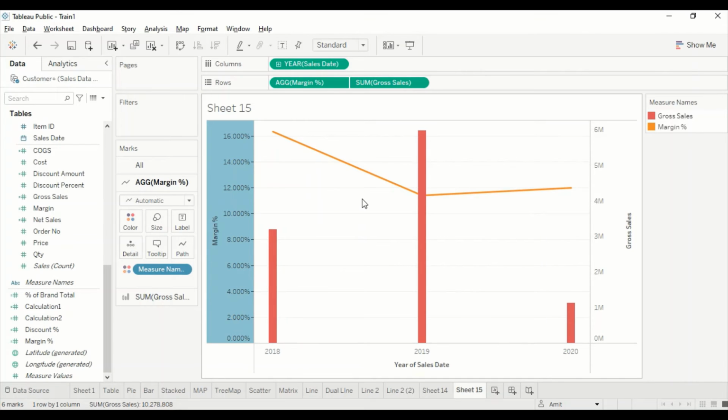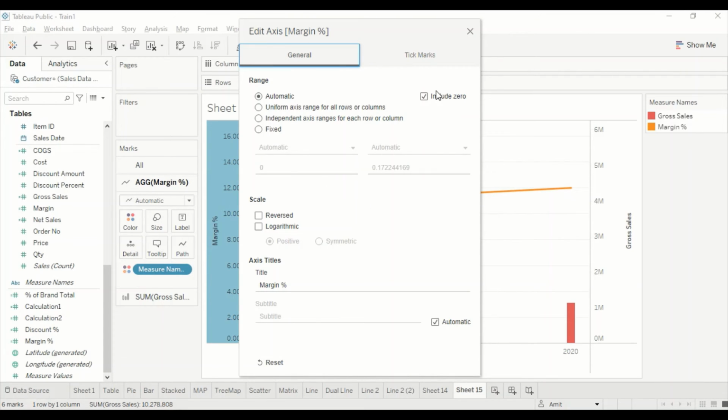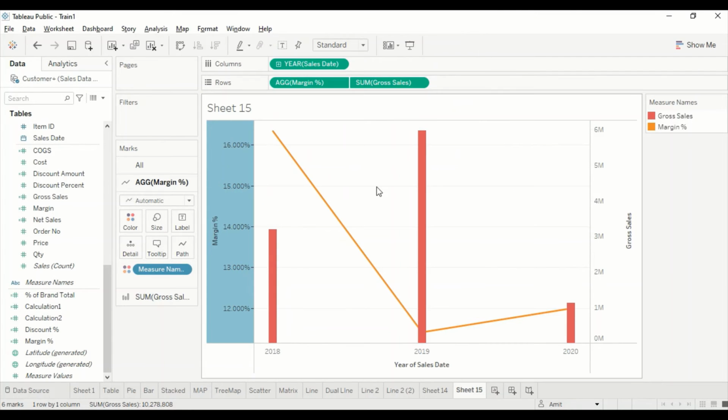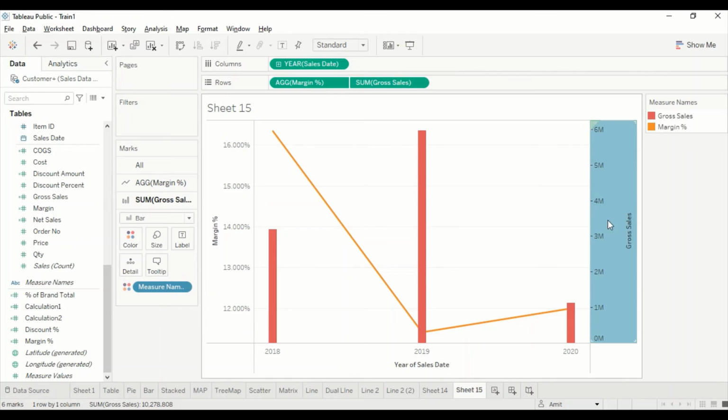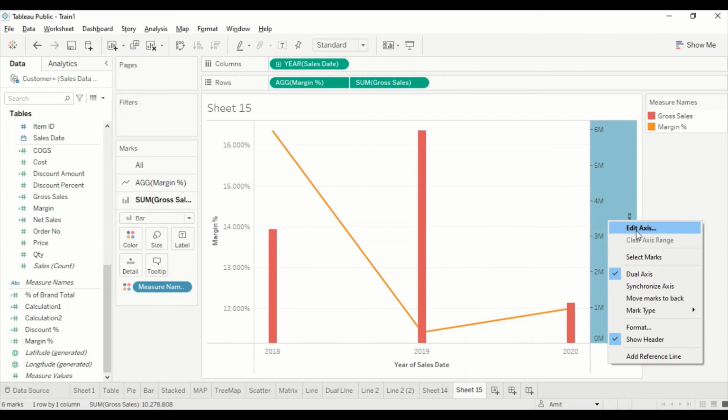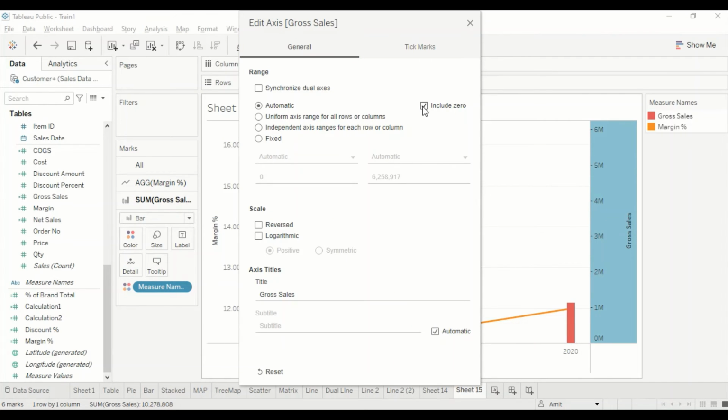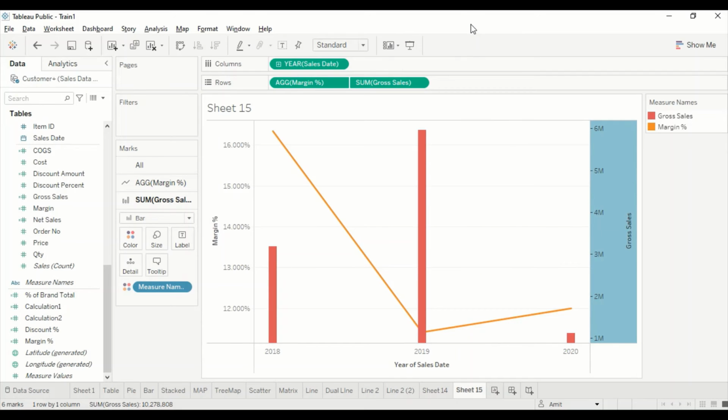Some properties we can change, like include zero or not. So we can say don't include zero to make it look a little bit better, since the range we have is only from 12 to 16%. We wanted to showcase that. Similarly on this one, it shows starting from 0 million, and we don't think there is importance from 0 million to 6 million. So we can exclude that, and we can start from min to max values, and then we see it's from 1 million. So from 0 to 1 million, at least we got rid of something.